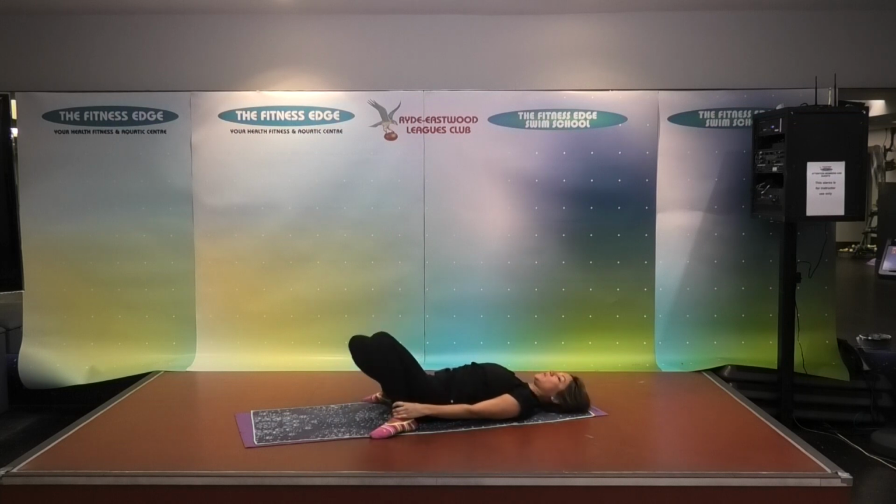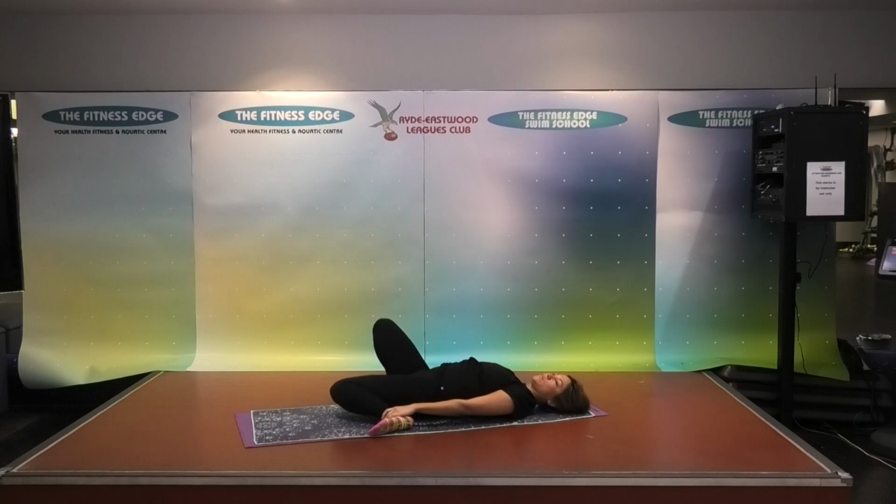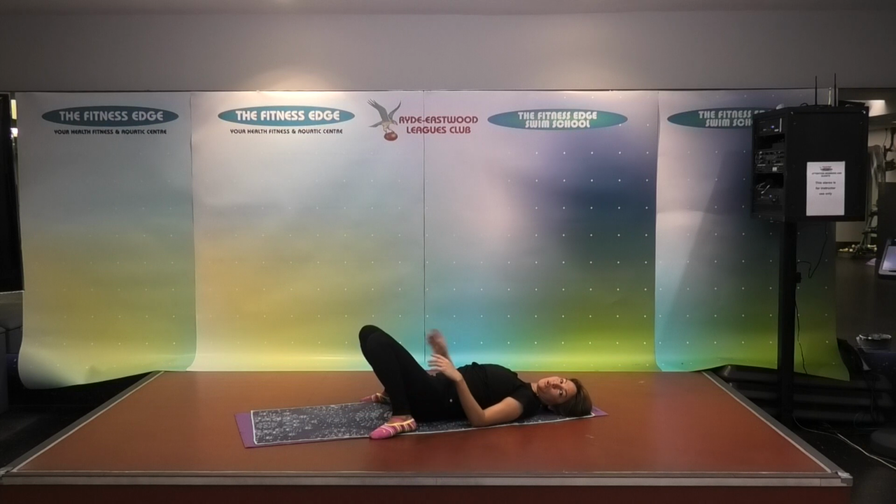So what we're looking for is each knee should be able to come to the floor. So mine's not there on that right leg. And let me do my left, that one's well off. Okay, so if your knees are not coming to the floor, it means we are tight somewhere, probably originating in